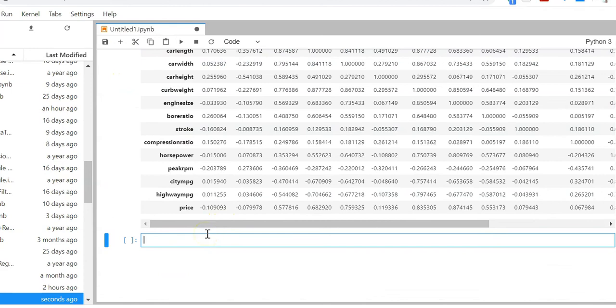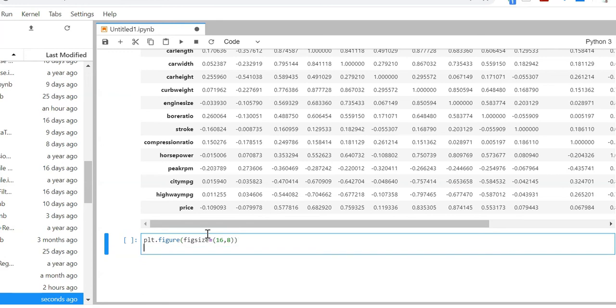So for that I'm going to use the heat map. First I'm going to set the size of the figure. We can do it by a fixed size, 15:8, and sns.heatmap.